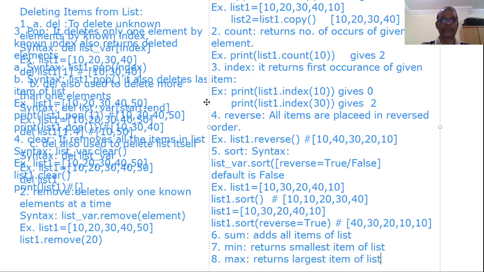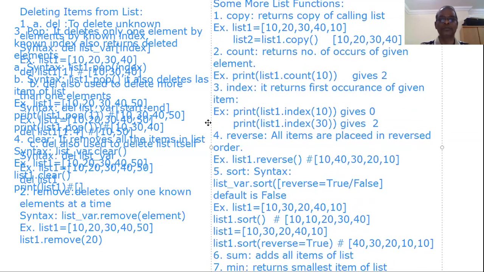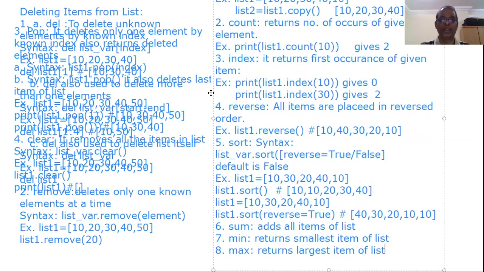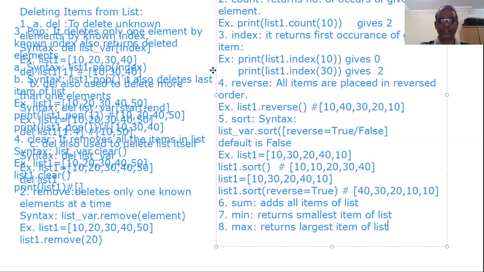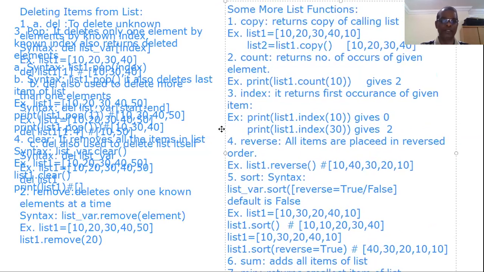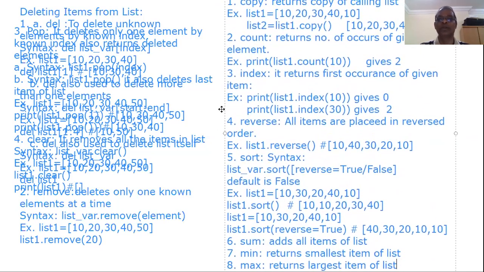So we studied here copy, count, reverse, and then sort, sum, min, max as well as index. Now I will write one program which explains these functions.